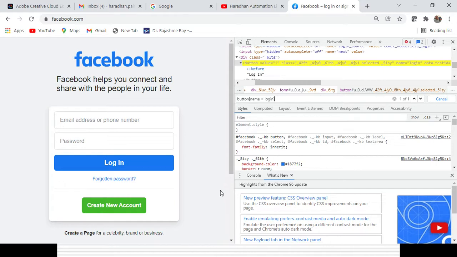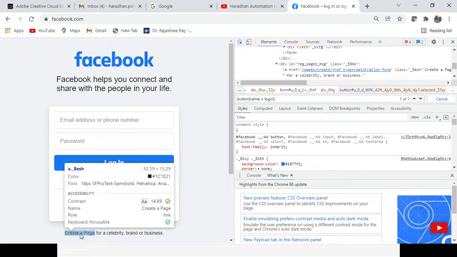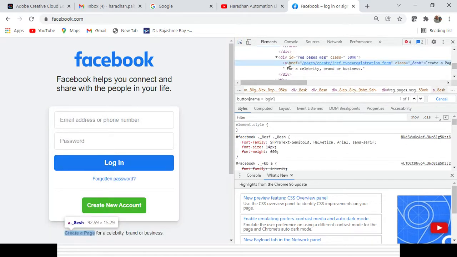In case in a particular link text, right, so if you mouse over or inspect element to any of the link, right, you can see the link, the tag name is starting with A and there is a text there, right, create a page. So sometime in case for a particular page, for a particular link, the text is fixed throughout it, so you can use link text and you can give the fixed component. But sometime, right, for that particular text some component can be fixed, some component can be volatile, right?